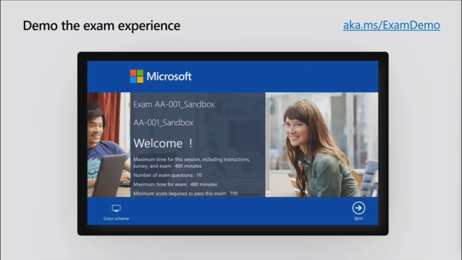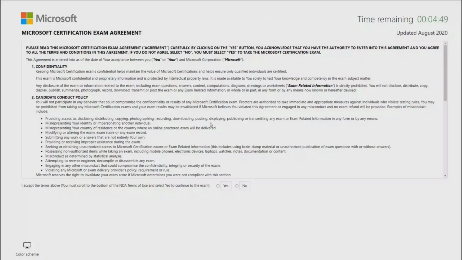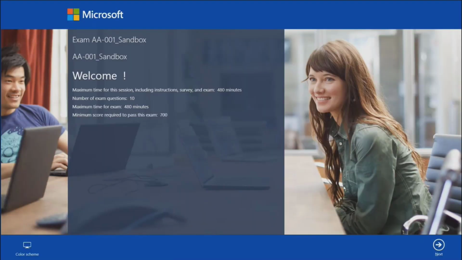It's a sandbox area, so it's a demonstration of an exam. I'm not going to go into full detail, but this is very close to what the experience of taking a Microsoft exam is. So when you do the exam, you need to do well. Accept the agreements, but this will give you a pretty good feeling on what it takes to take an